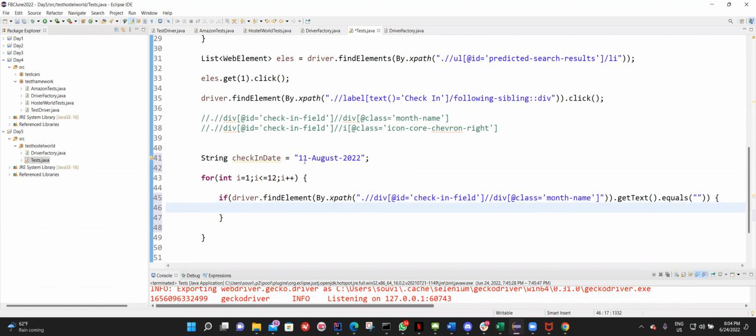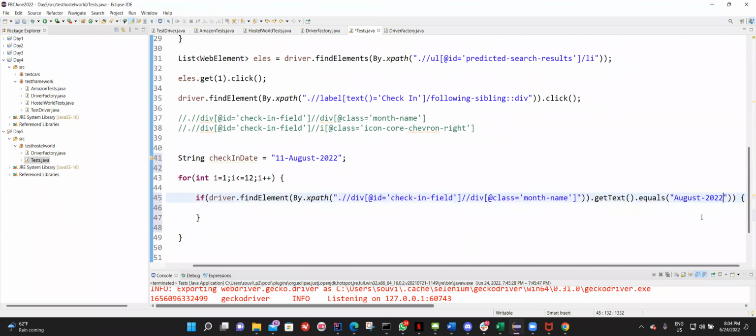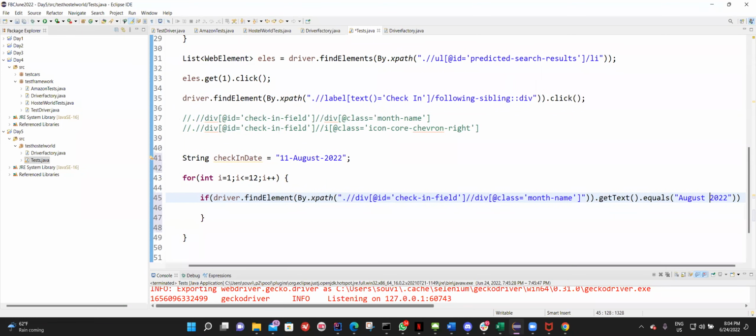Let me quickly make it as August 2022. There is a way I can programmatically get only this August and year. I'm not doing that, I'm just keeping it static right now. So if it is, then I will go inside and I will click on a date. But if not, then outside of the if block, I want to simply click on